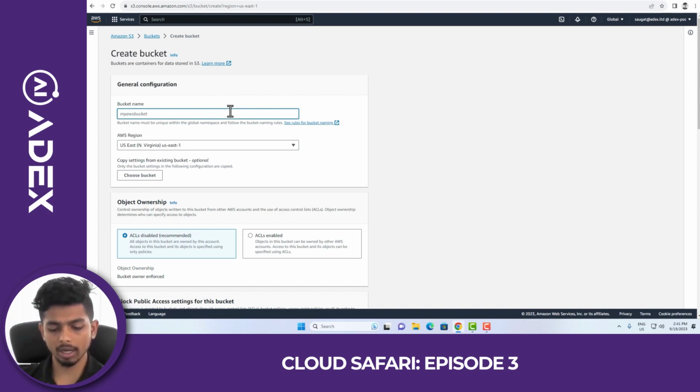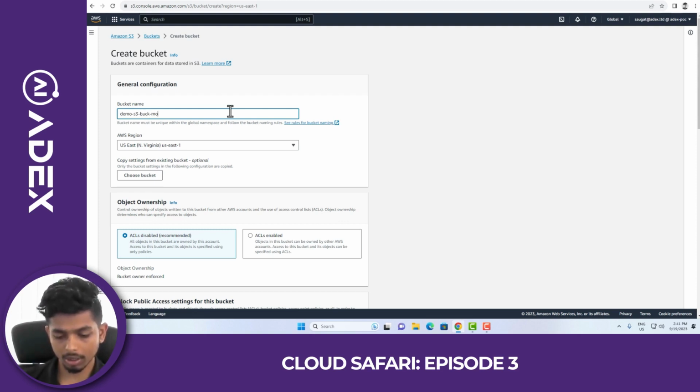Give your bucket a unique name. Remember, the bucket name must be globally unique across all of the AWS accounts. So I am giving the name as demo S3